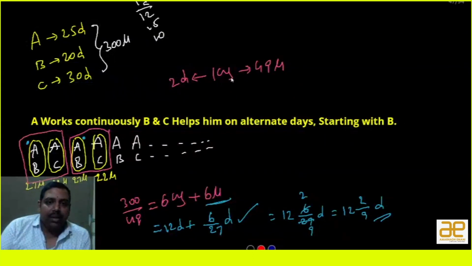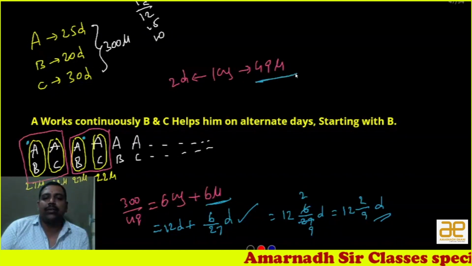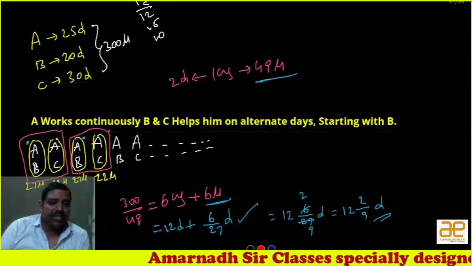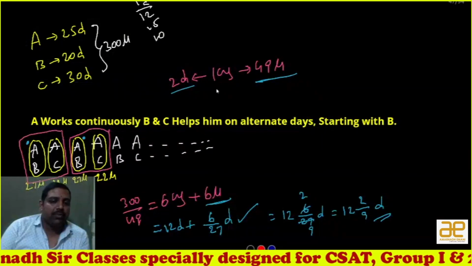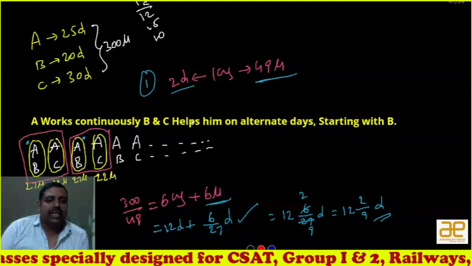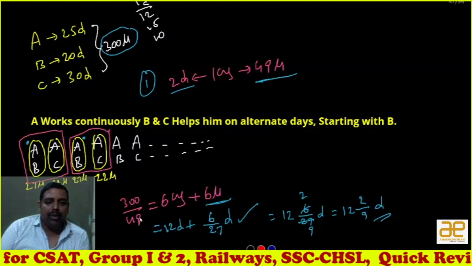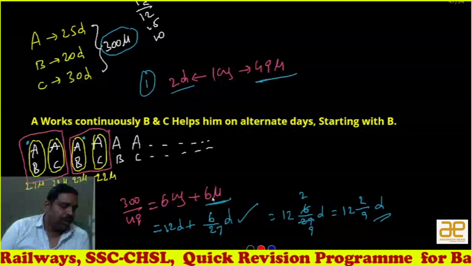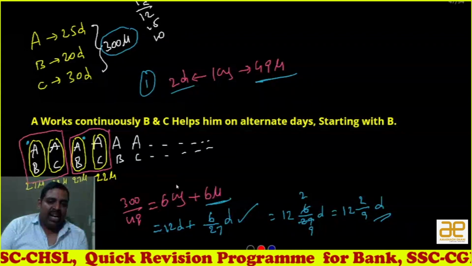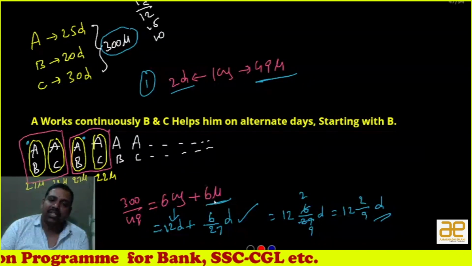See, one cycle means 49 units, because 27 units on the first day and 22 units on the second day. Total is 49 units. So this is the first day, this is the second day, means total is 2 days. This is the first point you should notice. Second point, total work you have to do is 300 units. So 300 by 49, 6 times, so 6 cycles plus 6 units are left out. One cycle means 2 days, right? 6 cycles means 12 days. Plus these 6 units come under the 7th cycle.